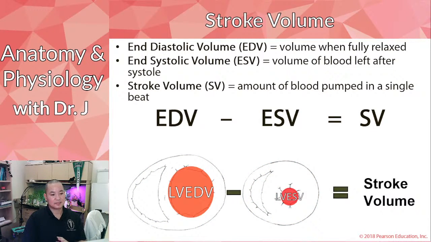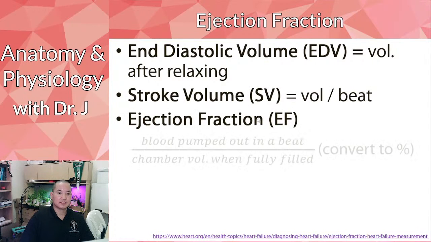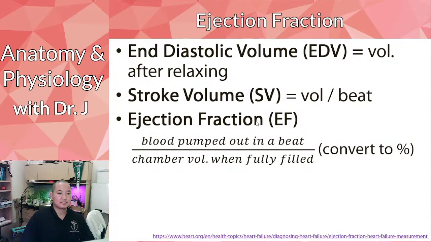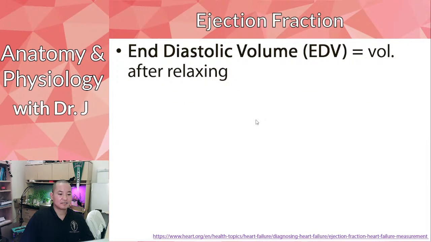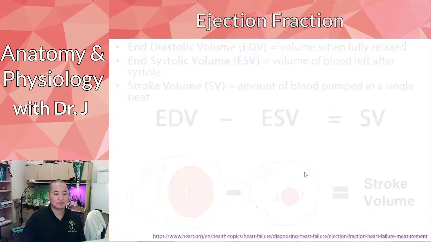So where does that go? That goes up into the aorta and now into circulation. There's also something called ejection fraction, which is related to this. What you do is basically ask what fraction of that blood left the ventricle. So compared to the initial amount you filled it with, how much were you actually able to pump